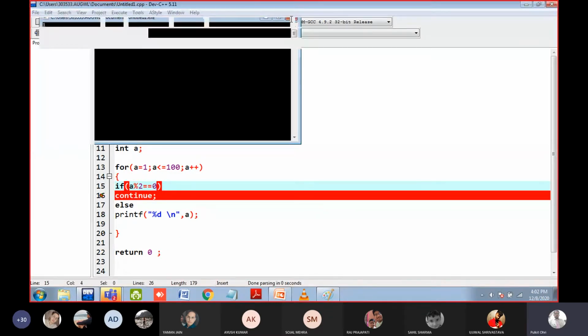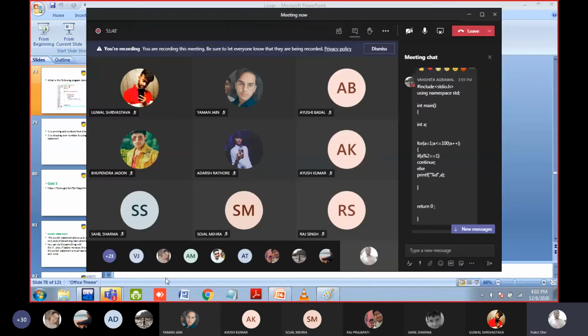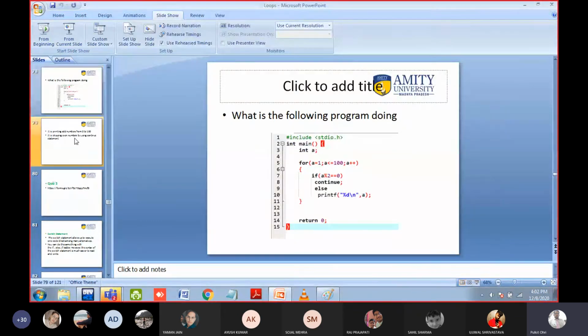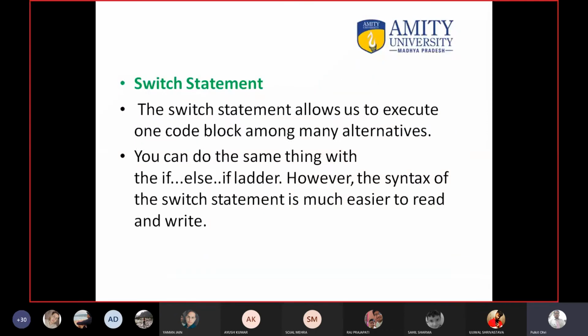Okay, now let us move to the next program or to the next part. Switch statement. We will study a very important topic. I mean, programming, every topic is important, but we are starting a very good topic that is known as switch case statement.